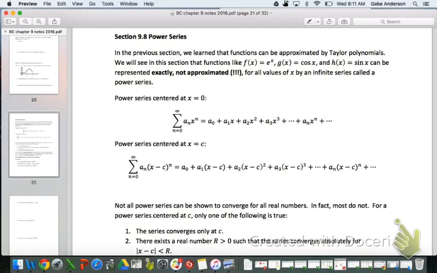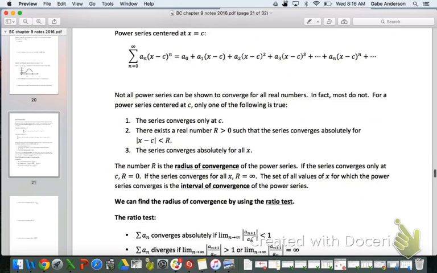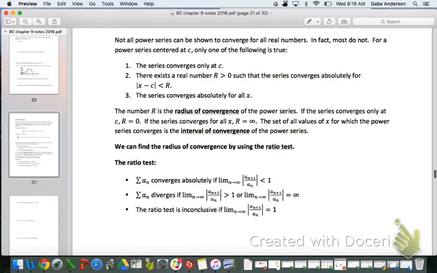And so if you look here at the start, for a power series centered at 0 and a power series centered at c, hopefully those look very familiar to you. Those are simply a recounting of a Maclaurin type series or a Taylor type series, and hopefully we've done a pretty good amount of practicing with those, and you remember what those are. But let's take a look at that next section down below, where we start to talk about for what x values these series actually converge